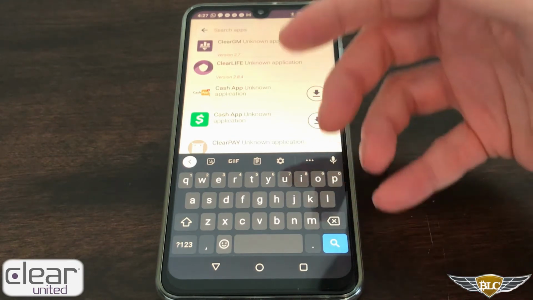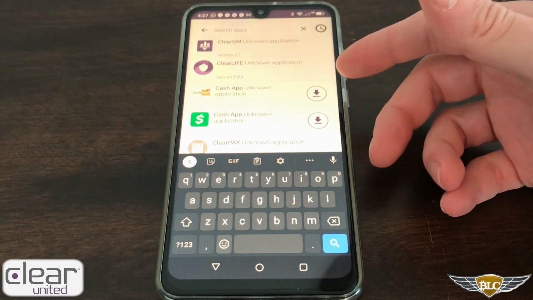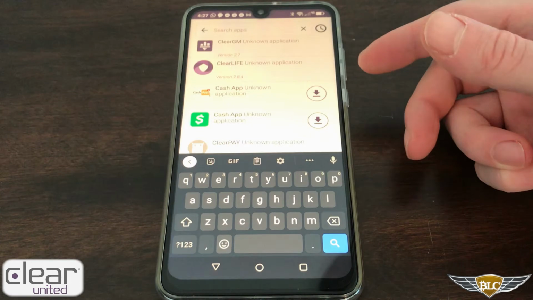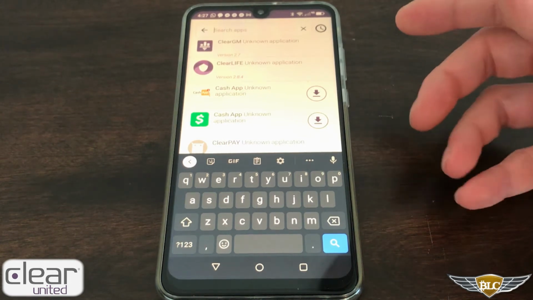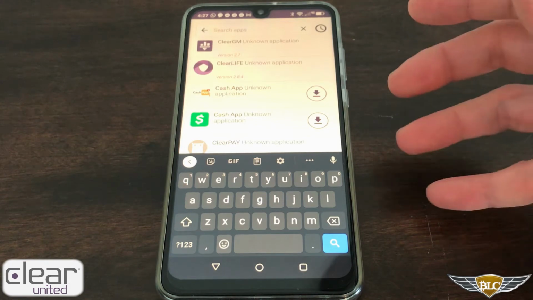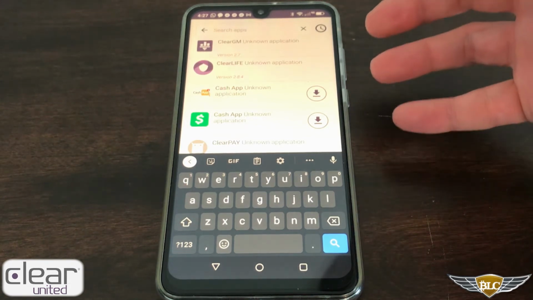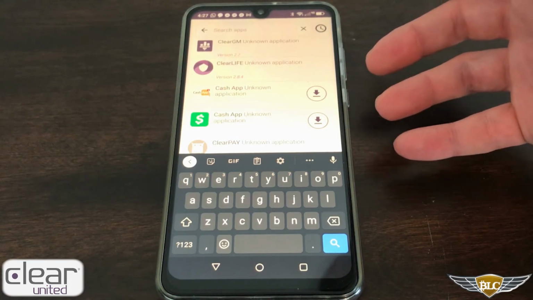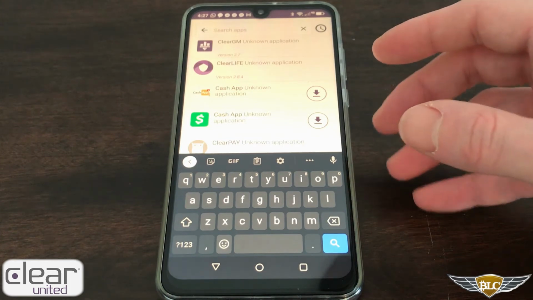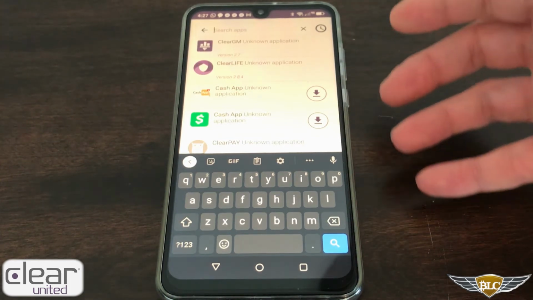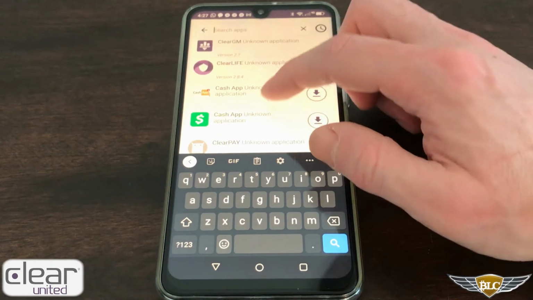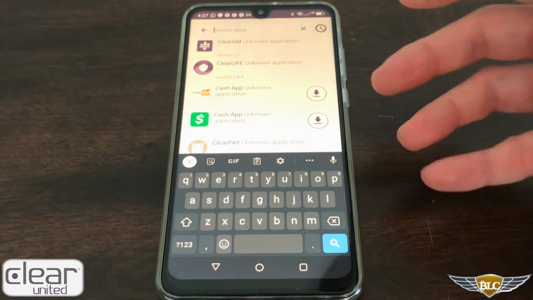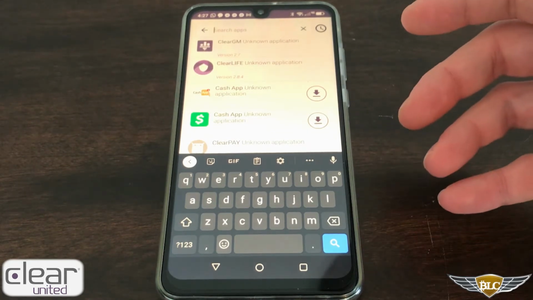The reason why you would want to use the Clear iOS version of an app rather than the Google version is because it's been developed specifically for this phone and operating system, so that's going to perform better, but the phone is still going to protect you at the hardware level from using the Google developed apps that you would download directly from the Google Play Store. So there's no worries about that. It's mostly an issue of it could perform better if it's developed directly for the Clear iOS. That's why you would download some apps from here, and the ones you can't find on here that you would normally use, you can go to the Google Play Store.